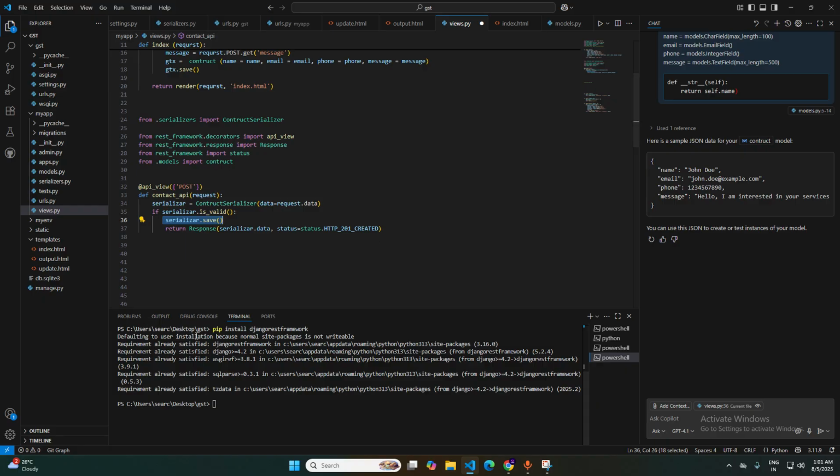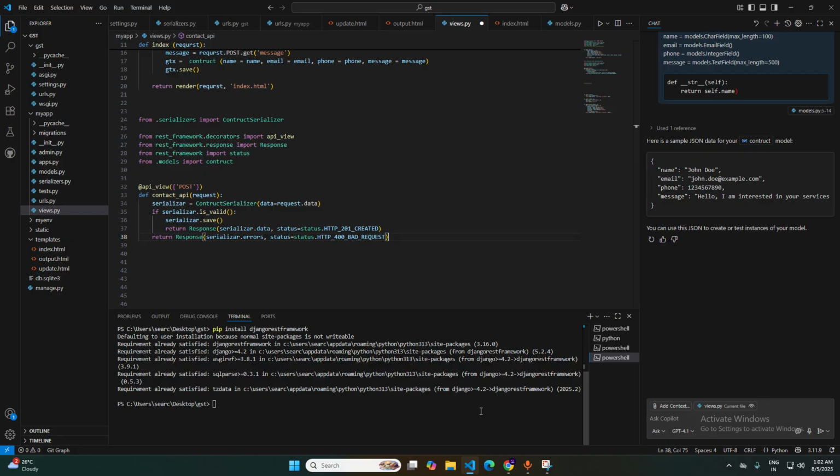So now I will write one more line, return response serializer dot errors status code 400 bad request. So why I write this line? Actually, if invalid data is tried to be saved in the database, it returns an error message and 400 bad request status. So I think our views is completed, and now serializer and models are connected to each other, and finally